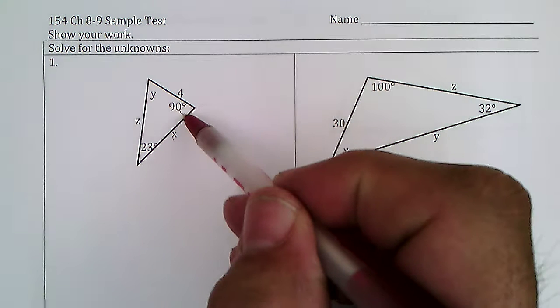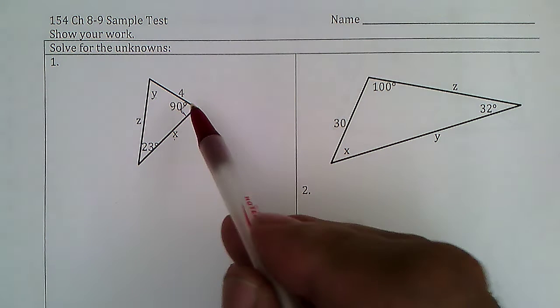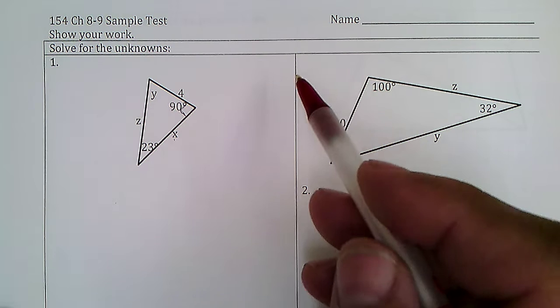And this is a 90-degree angle, so we can use SOHCAHTOA on this one. You can also use law of sines or cosines, but let's just do that. So